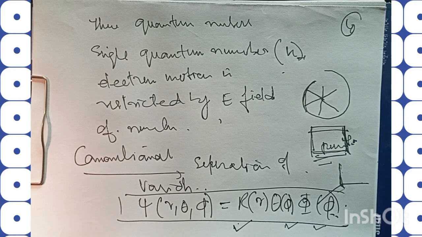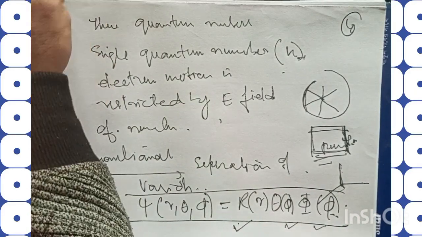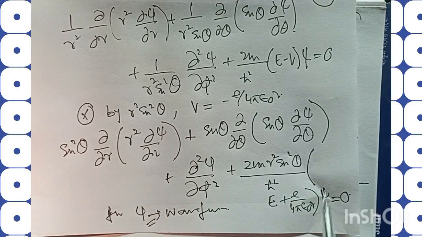This separation is plausible, and we automatically come across some constants by virtue of which these equations are to be satisfied. And if I choose this as the solution of the Schrodinger wave equation that we have already written, the Schrodinger wave equation in spherical polar coordinates,